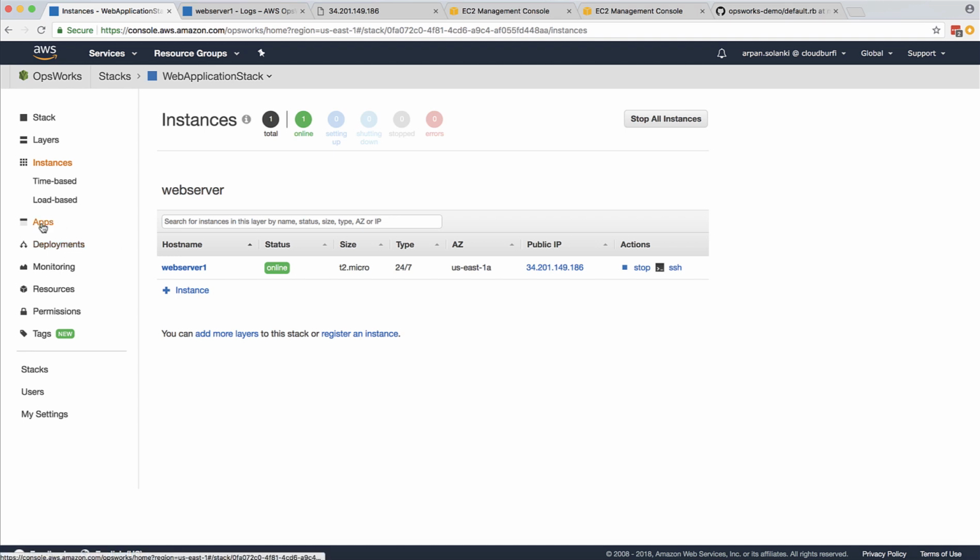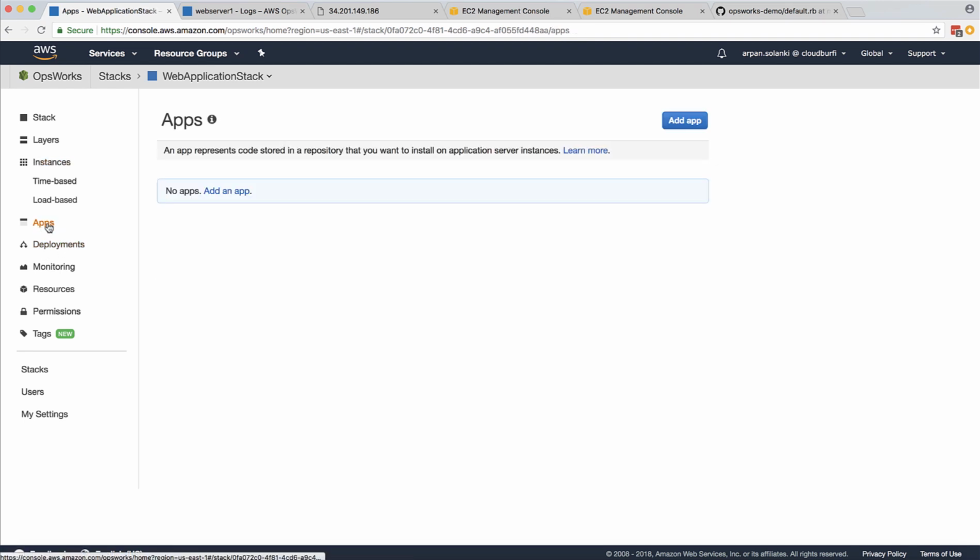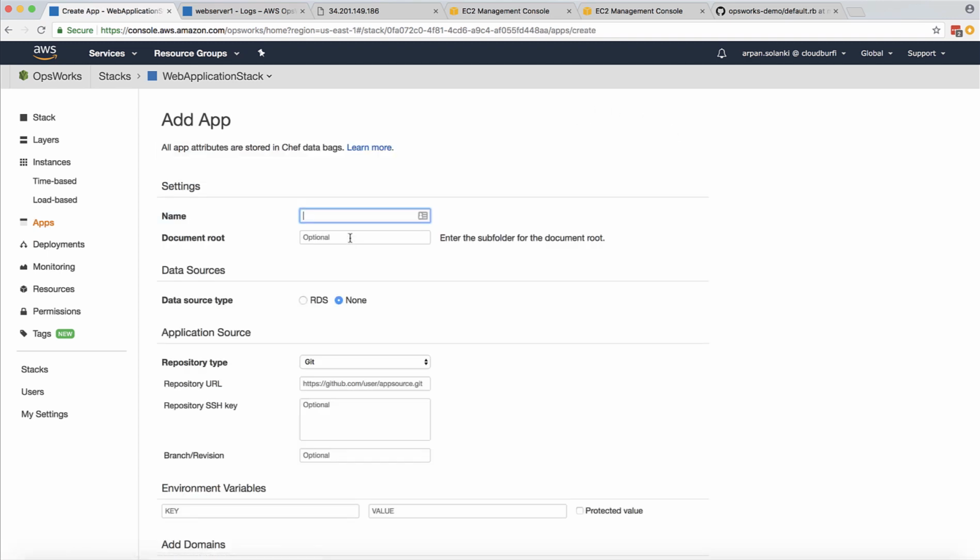The other thing to mention is apps and deployments. Basically, you can imagine creating an app and then deploying that app onto the servers. Instead of providing the cookbook as a lifecycle event, you could provide the cookbook as an app and then deploy the app. So you go to the app section and click on add app, and then over here we